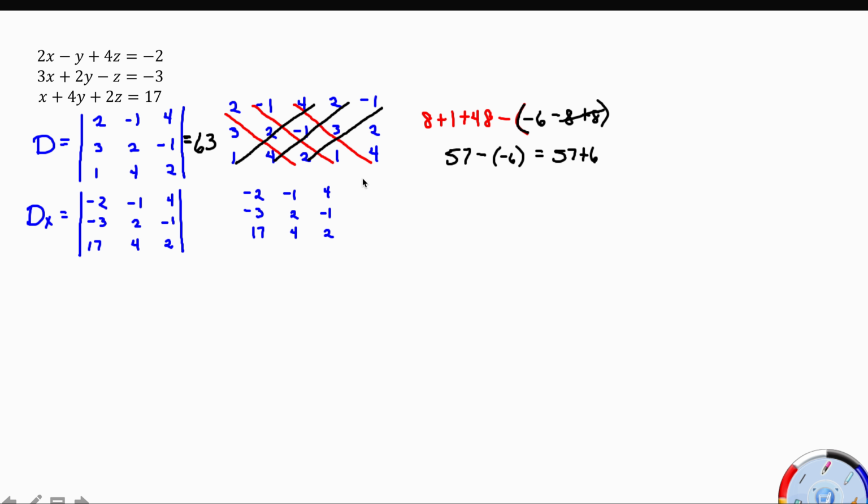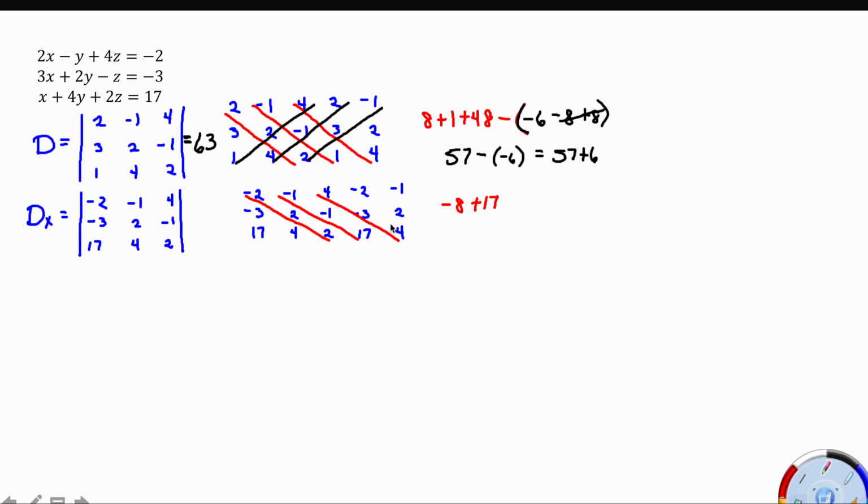And add the first two columns again. Okay, so this is going to be -2 times 2 times 2, so -8, plus -1 times -1 times 17, so plus 17, plus